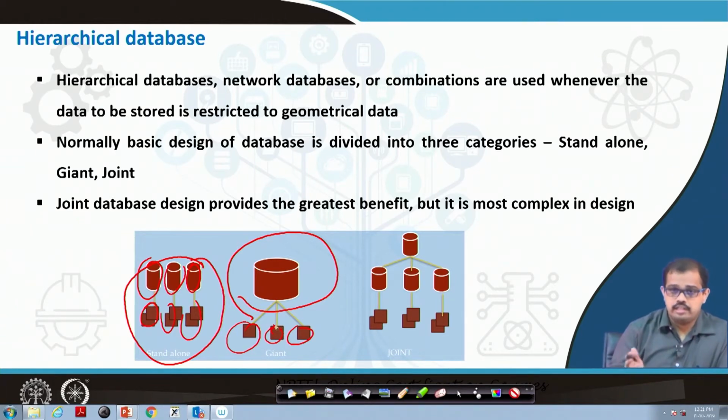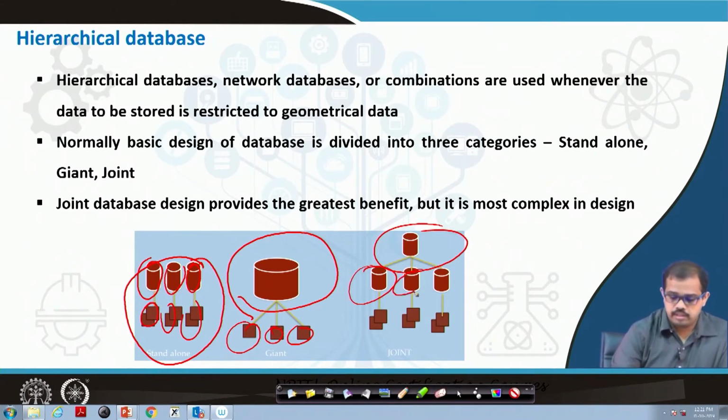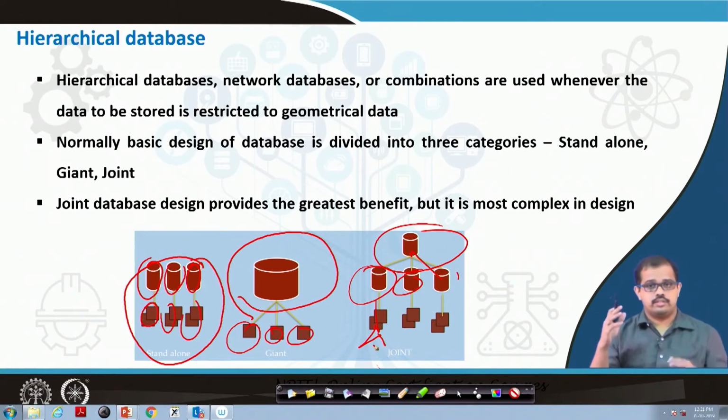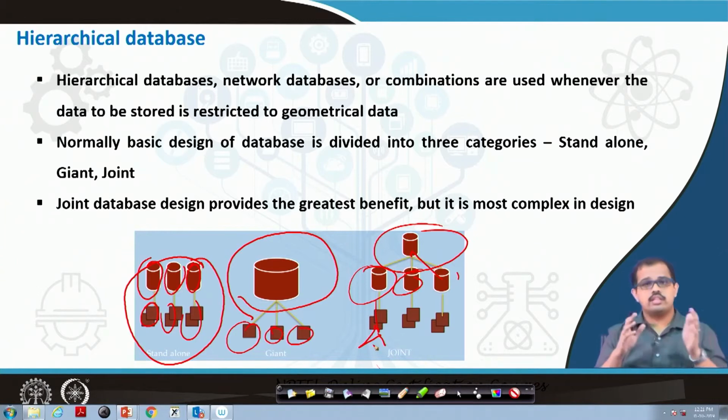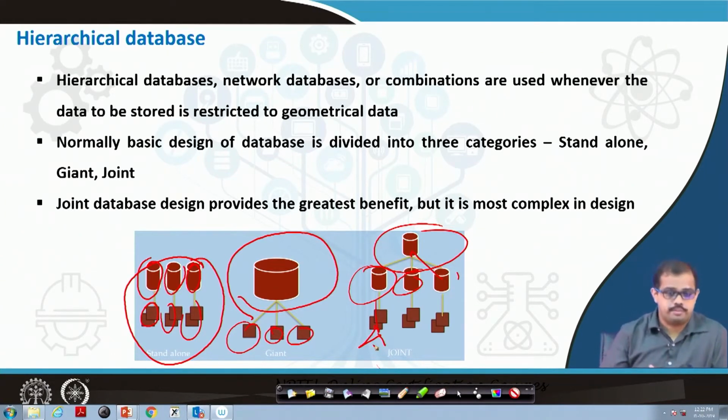There is a joint network wherein you have one Gantt network and multiple networks that are connected to this particular Gantt network, and each of these may be a standalone network, or again another Gantt network having multiple users. This becomes a joint network. So a combination of standalone networks, Gantt networks, or many Gantt networks forms a joint network.